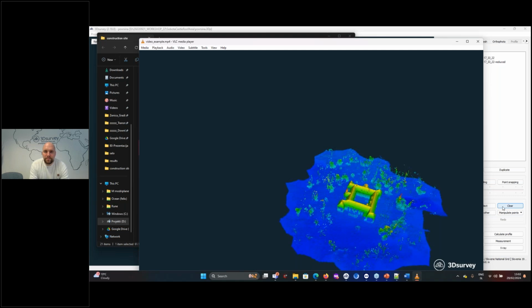Yeah, Vit, thank you. There was one question about in Latvia there is some specific data format in CAD for topography and so on, and there was the question if there is this like a specification in 3Dsurvey software.